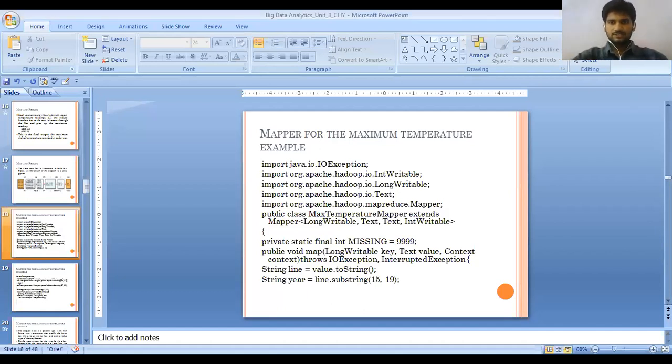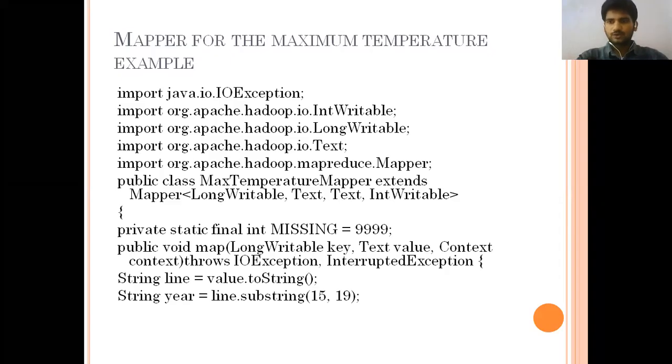So in the last class we saw what MapReduce programming is. In MapReduce programming, we basically have a mapper function and a reducer function. How we are going to find the maximum and how we are going to do the reduce operations, all those things we will see step by step. That we discussed in the last class.